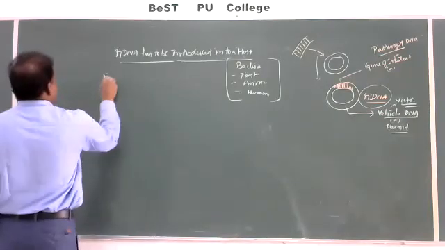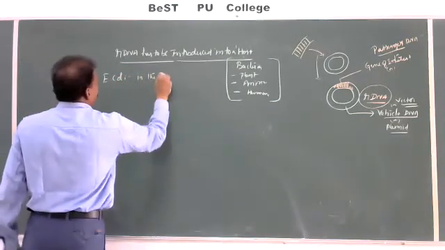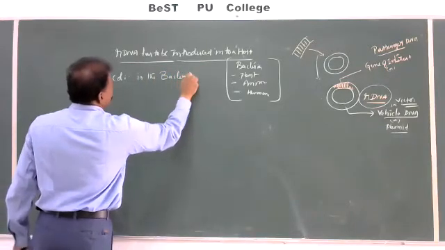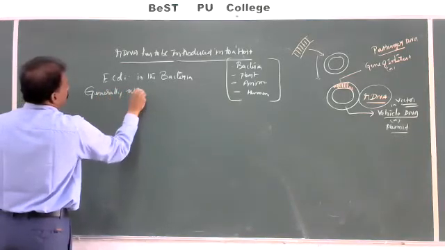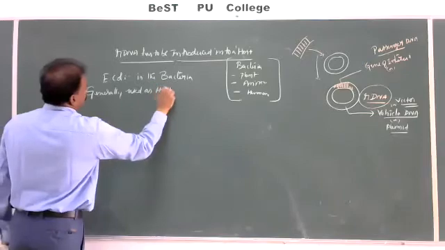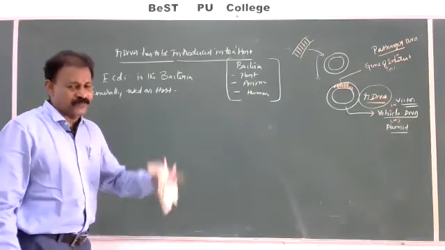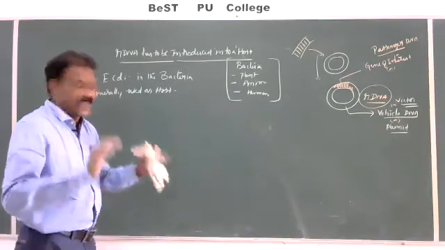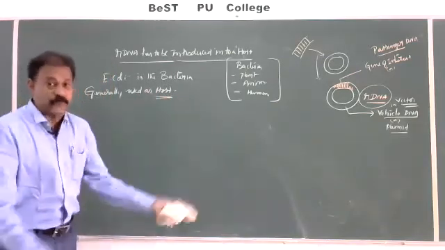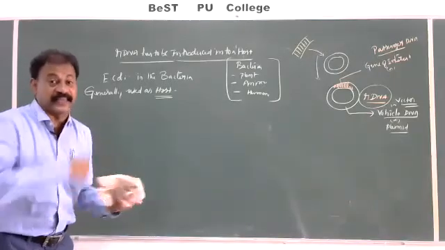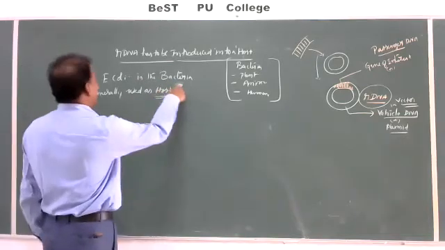Now, let us take Escherichia coli. It is the bacteria generally used as a host. So Escherichia coli bacteria is generally used as a host organism, host cell. And how to make it ready? It may not be in a position to take the DNA, or DNA cannot enter into its cells. So we have studied in an earlier class, make it competent.